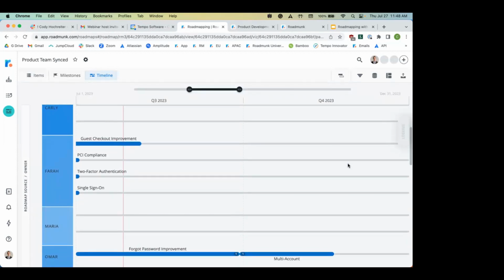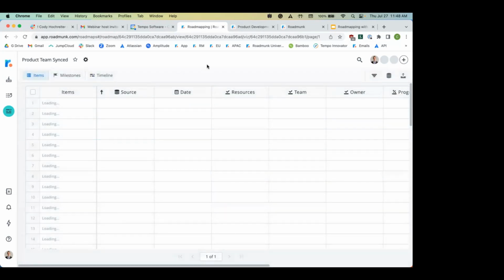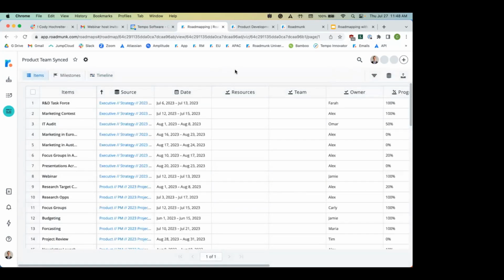All right. And then the last thing that I do want to point out here specifically for the portfolio, as a lot of the functionalities are the same in terms of how you can format, use the filtering and exporting options, is if we do go to the all items page here, one thing that I want to highlight is if you're looking to add an item to this page here, you wouldn't be able to do so. You would have to go to a standalone roadmap. So whether it's the executive roadmap, the product roadmap, those are the places you would have to add those items to ensure that it does reflect on a portfolio, as well as if you're looking to make any editing changes